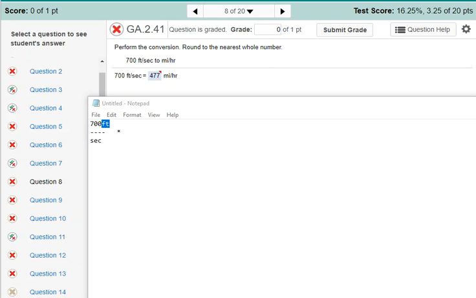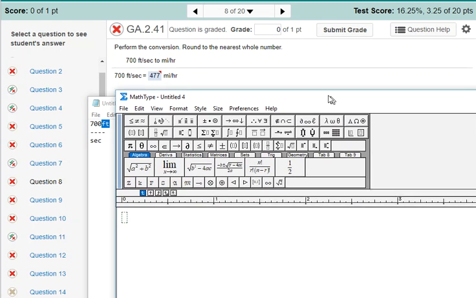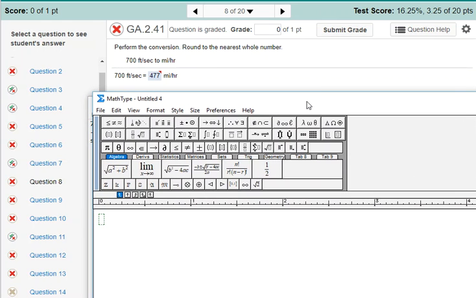Hang on for a second. I'm going to open up a different piece of software. It's going to make my fraction typing a little bit easier. Okay, so I'm going to try this one more time. I can type a fraction. It was 700 feet per second. It's just going to be a lot easier for me to type it this way. Okay, times